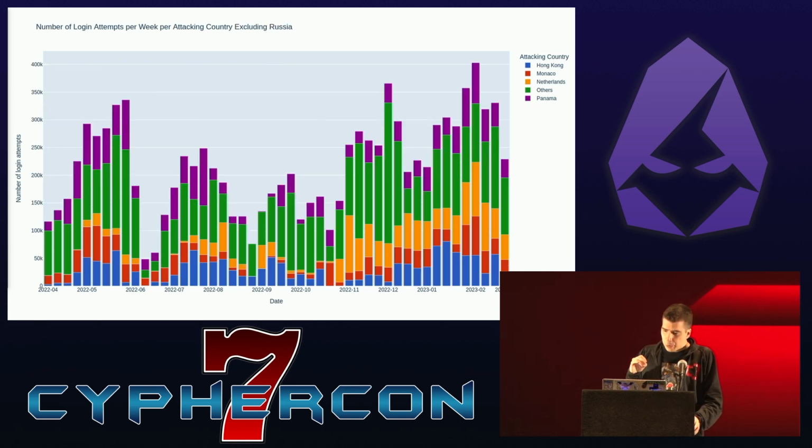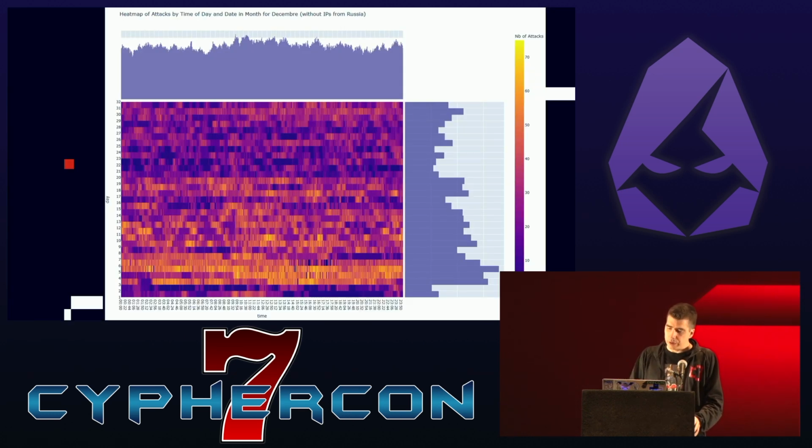Now, here we removed Russia because Russia yielded a constant flow of 200,000 attacks per week, and now we do see a little surge in December if we remove Russia. But is it at the right spot of the month? Now we decided to look at everyone besides Russia data on our heat map that we previously looked at, and what we realized is that actually, yes, there are brute force attempts during the holiday season, but there's more at the beginning of the month.